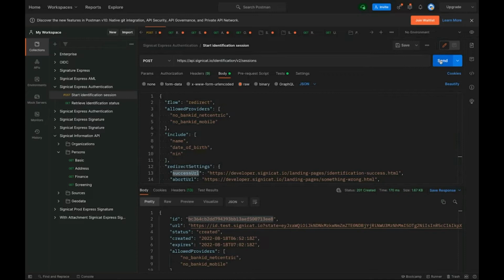So I'm gonna send this. And we get an URL back. And this URL we will typically send the end user to. And it's going to look like